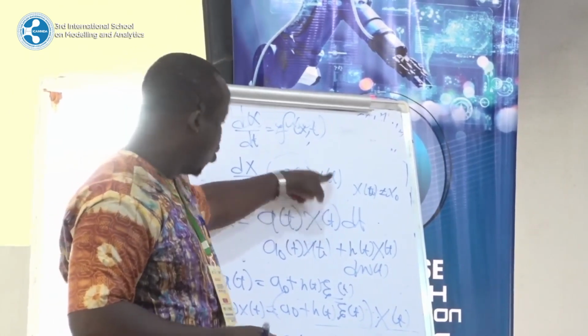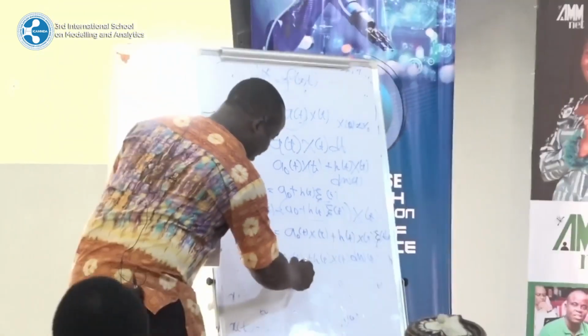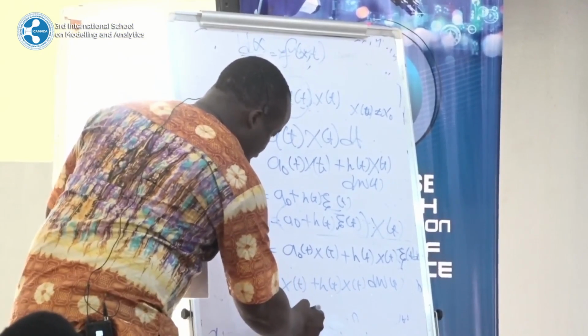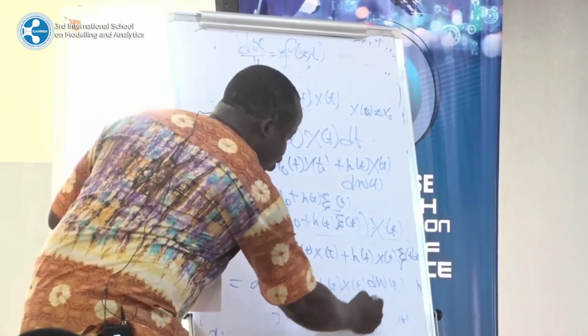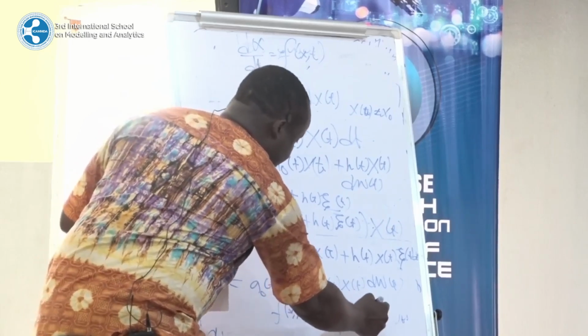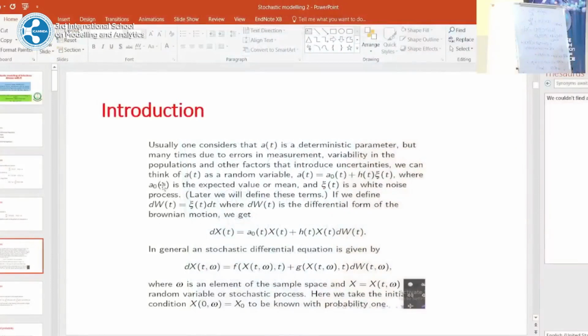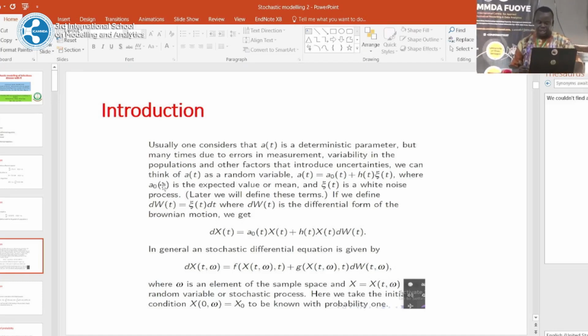The other addendum here is f of x comma omega, because of the noise, and then this one is g of x comma omega. So that gives a general stochastic differential equation in t comma omega, where omega is